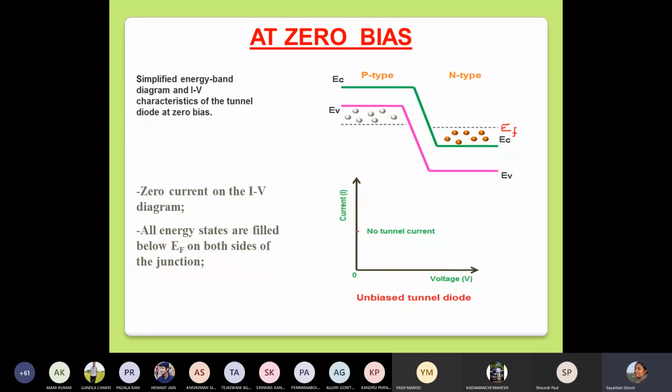And there is no possibility of any current flowing at this point. We cannot see how a current can flow. So there is no possibility of current flowing. But we observed something important.